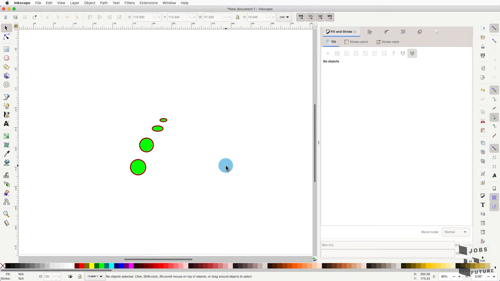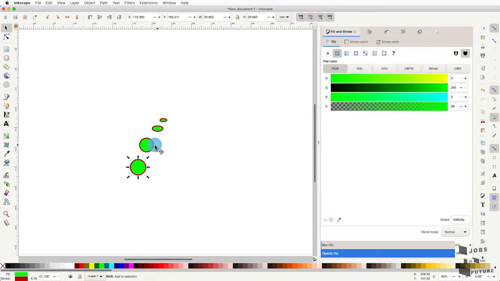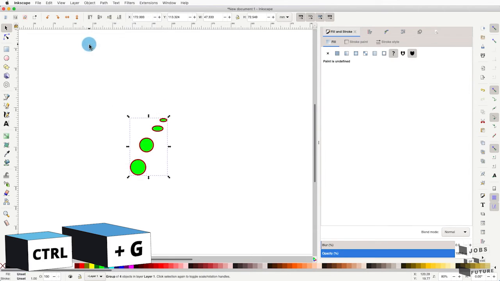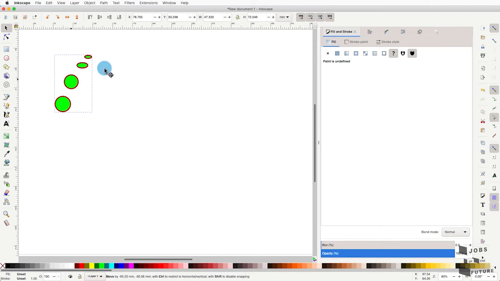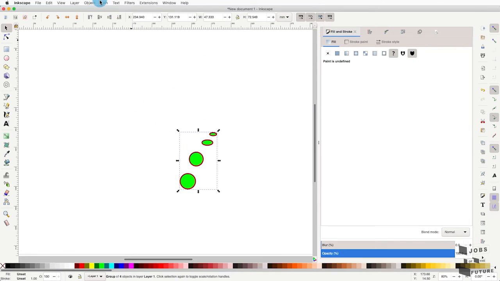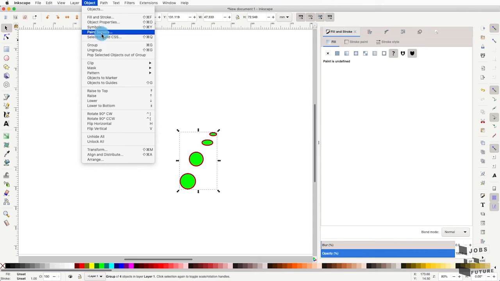But what if I don't want to do this every time and I want this selection to be permanent? I can go to Object, Group, or Ctrl G, and you see that now those shapes are together. And if I want to split them again, of course I can go to Object, Ungroup,